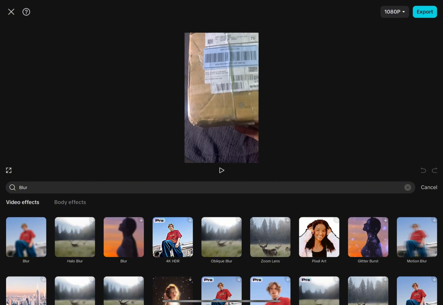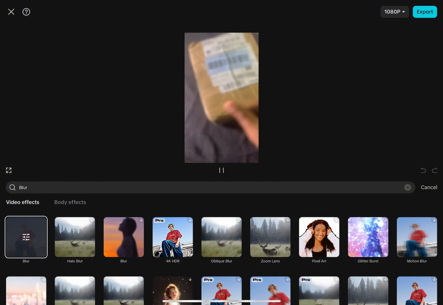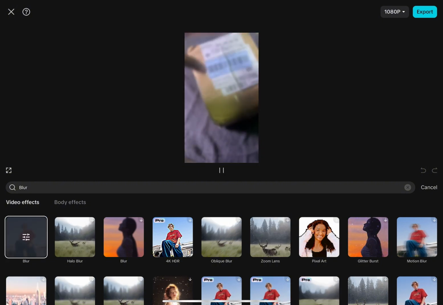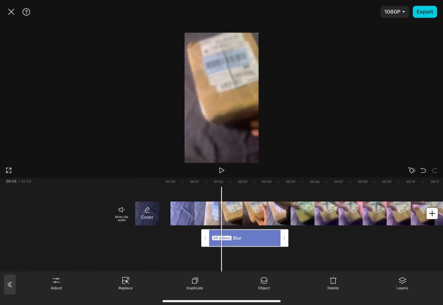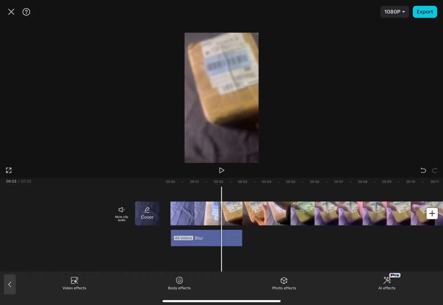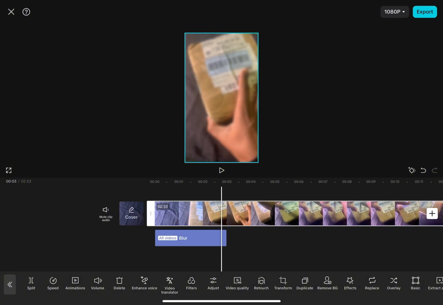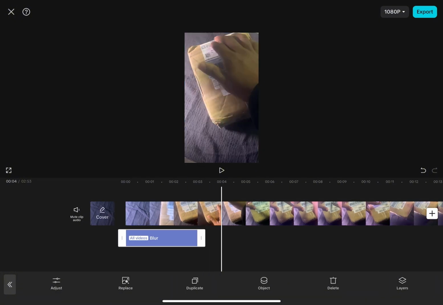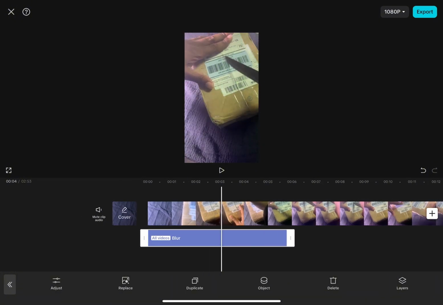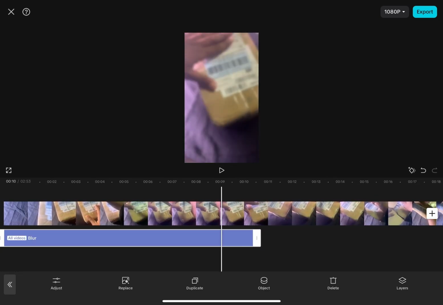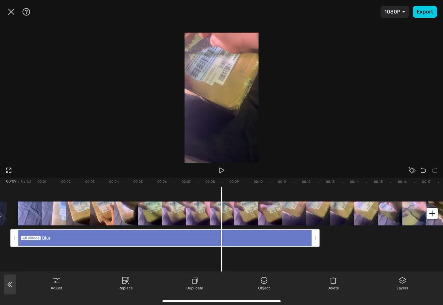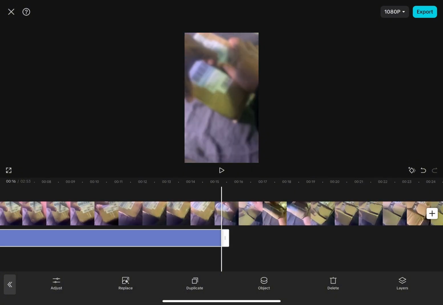So I'm going to pick this blur right here. Hit cancel, hit plus. I'm gonna move it over, and I'm gonna blur all the way up until I actually crack open this box. So blur that, drag it. You know, don't need nobody trying to be a stalker or something like that, try to steal my freaking packages. So now that that's blurred out,